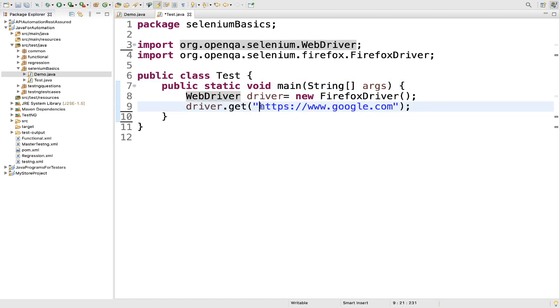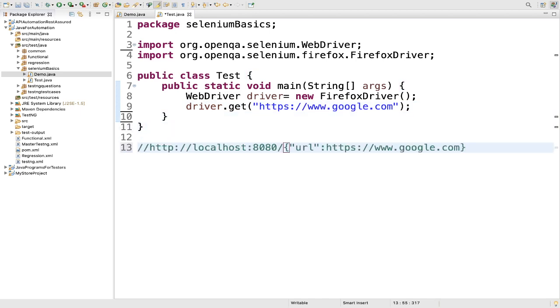In our case, we are using Firefox driver, as we are using Firefox browser. Every browser driver has its own HTTP server. So the client library, here Java, will convert the statement of the script to JSON format and communicate with the Firefox driver. What will the final URL look like? I'll just show it to you here. It will look something like this, in JSON format. Every browser driver uses an HTTP server to receive HTTP requests.